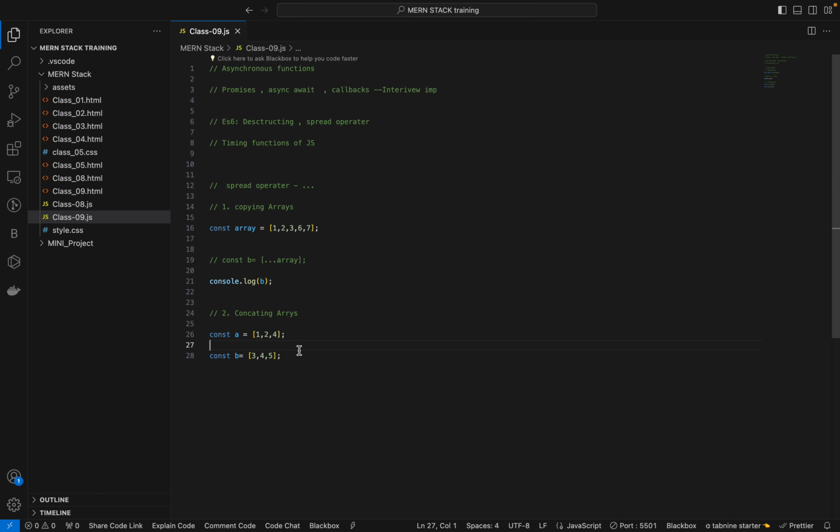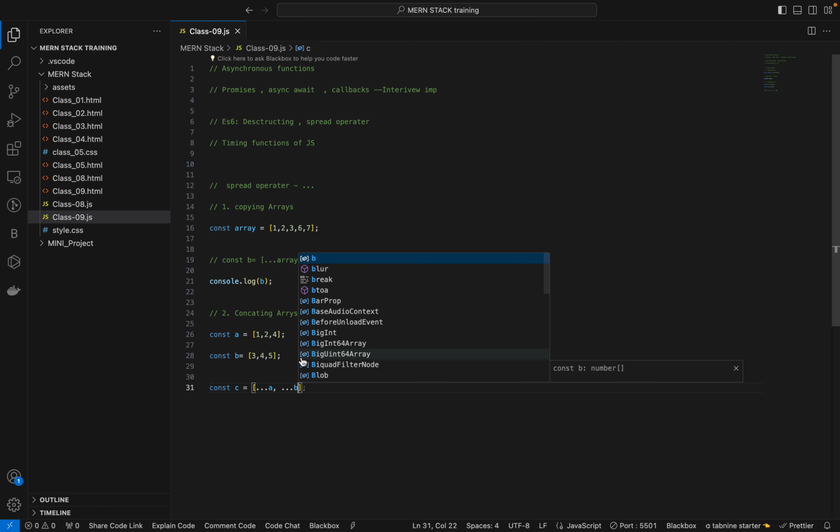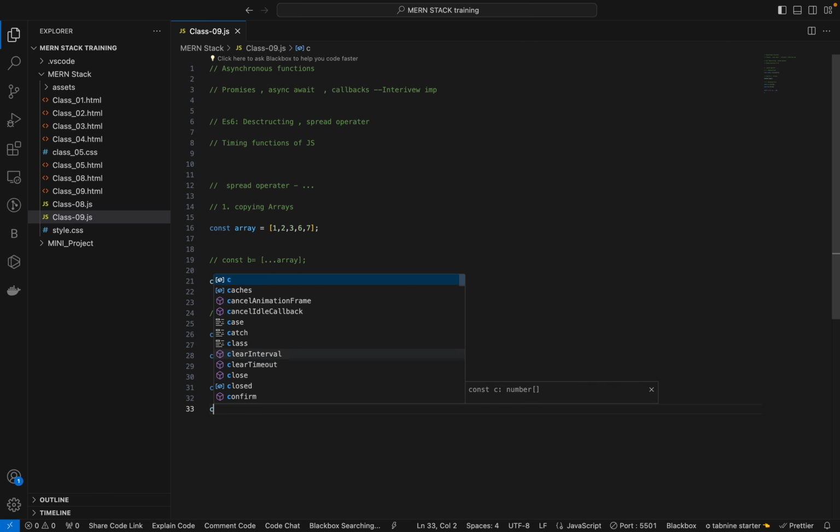So now I want to club these 2 arrays into one, which is called concatenating, nothing more than that. So how can I do it? Like const c equal to, I will use the array [...a, ...b], so that if you console the c,